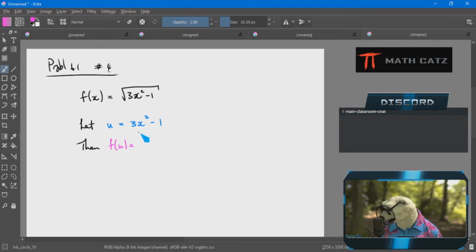So once I have the choice for my inside function, outside function's done, right? There is no choice here. It's the square root of u. Okay, no problem. We spent all of yesterday making sure we can split these up. So, chain rule says